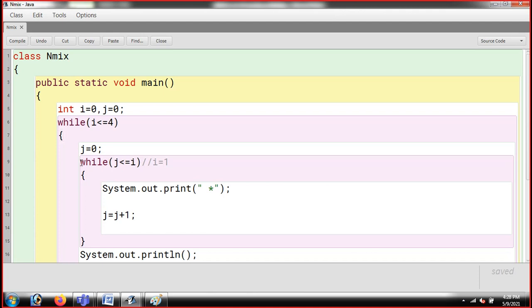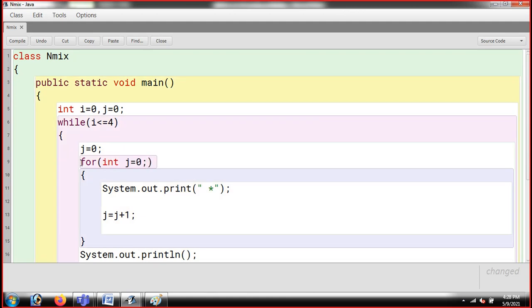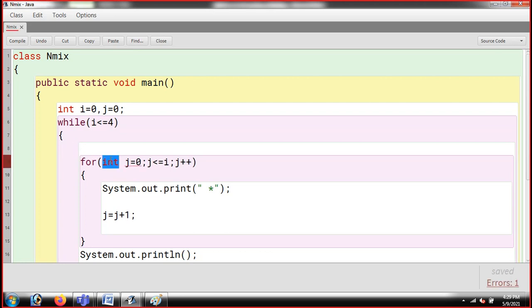So what I'm going to do here, I simply write for, and I'm going to take int. I'm taking my j, starting from 0, following i, and j is increased by 1 every time. If my j always starts from 0 every time, I don't need to initialize it here. In fact, if I'm declaring int j here, then I don't need to declare it there. Otherwise, I can remove int from here, so your error will go.